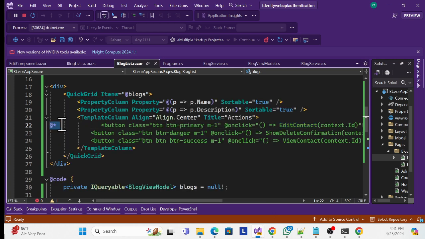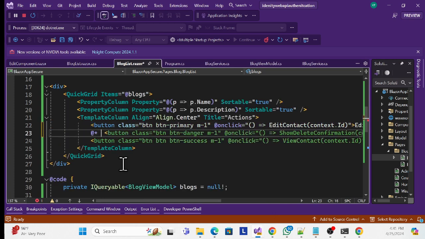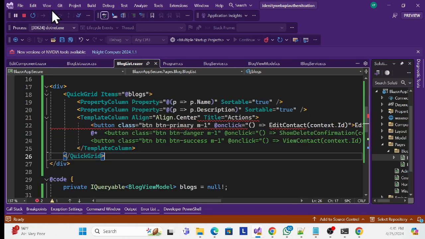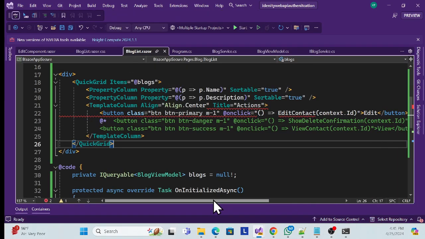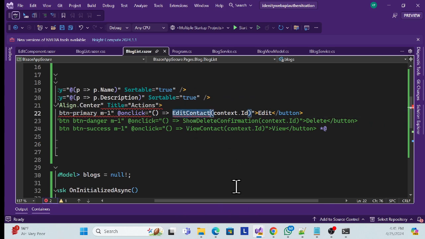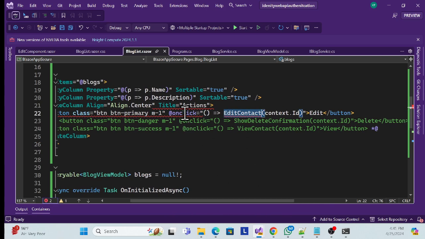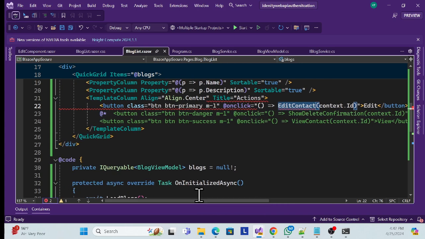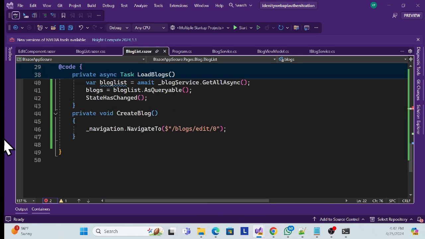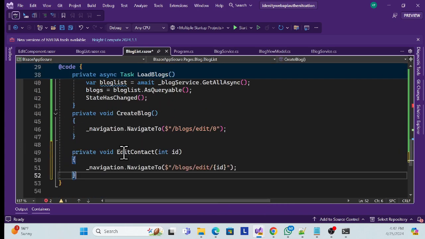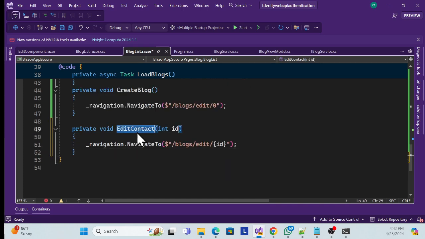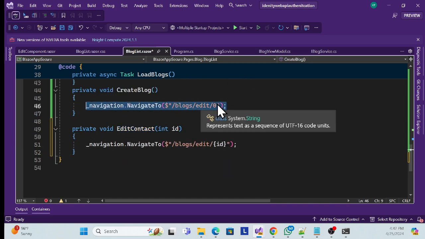So let me comment out this other section. Okay, let me stop that application first. So I just created the edit button, and on click of the edit button, it will call, actually it should be created over here. I quickly created that edit one. What I am trying to do, edit is also similar: on the create we have to call that edit, but by default it is